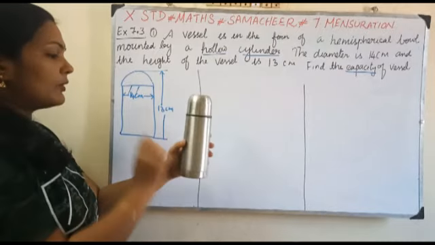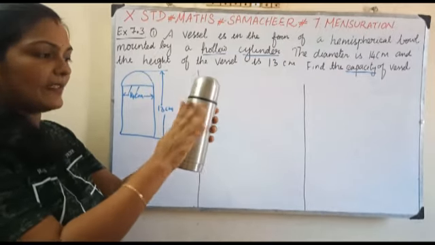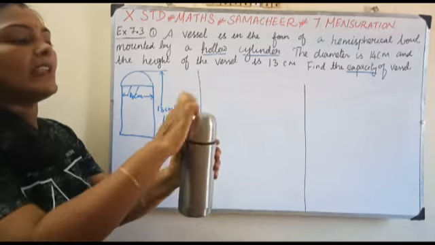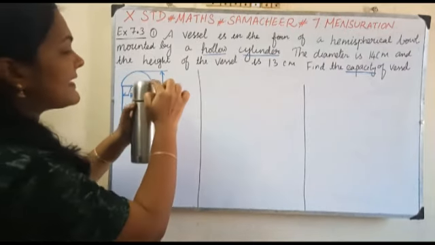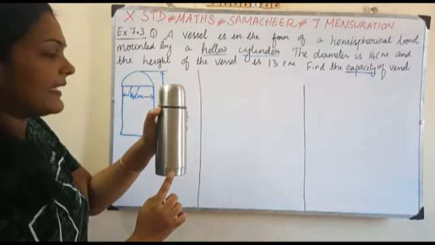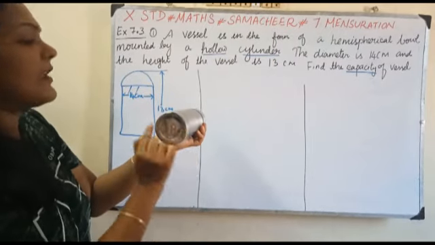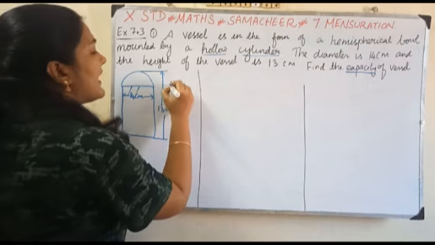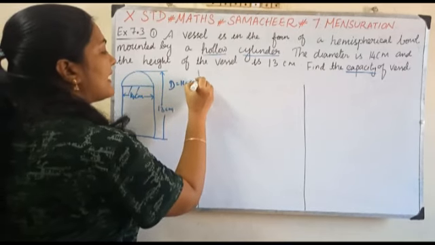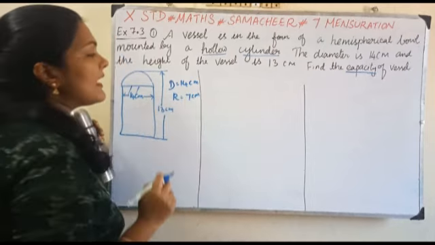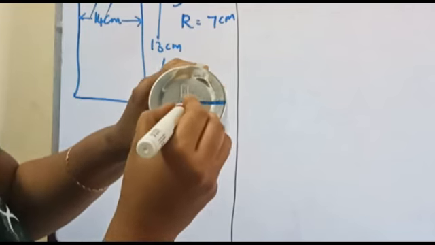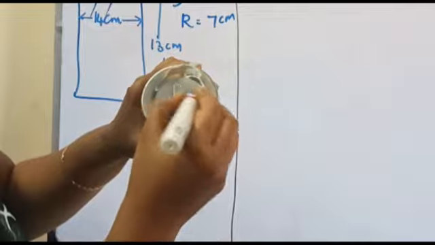Flask வந்து assume பண்ணிக்கோங்க. So this is the hollow cylinder. So this is the cylinder. Over that a hemisphere is mounted. Okay? Here from here to here it is 13 centimeter. Total height is given as 13 centimeter. So this dia is given as 14 centimeter, right? So dia is equal to 14 centimeter. Then radius is equal to what? 7 centimeter, which is 14 by 2. Okay? If this is a center, till this arc you have radius.